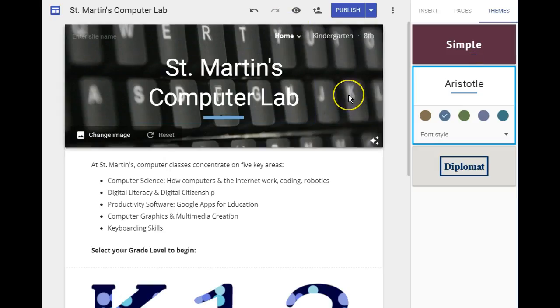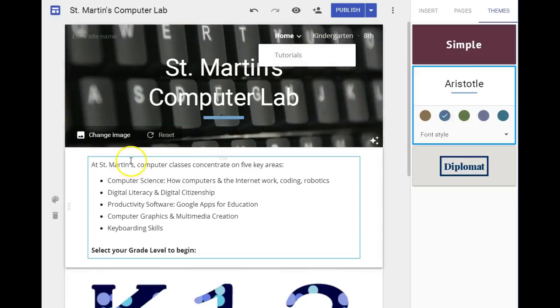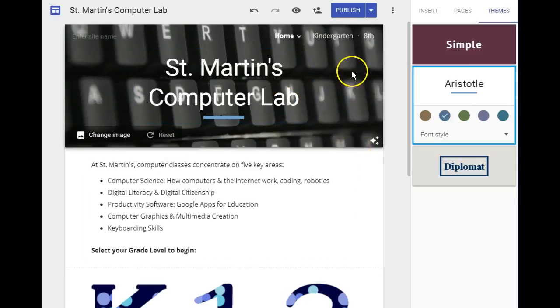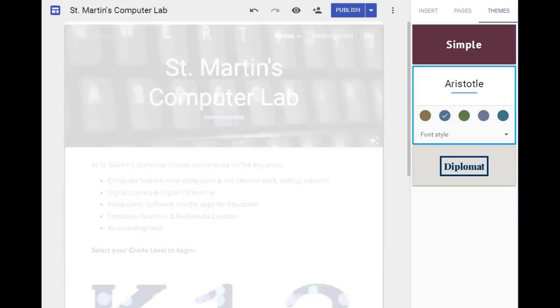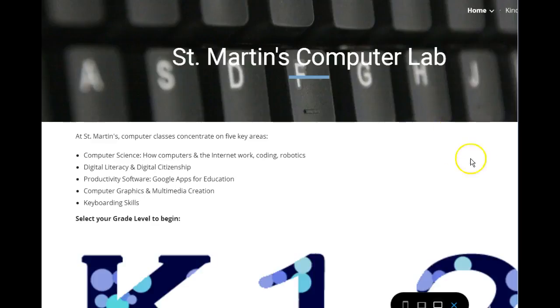I've uploaded an image here. A couple things on that. You have no control over how it gets cropped. The new Google Sites are responsive for various devices. If you click on the preview, you'll kind of see that. It's going to show you that this is what it might look like on